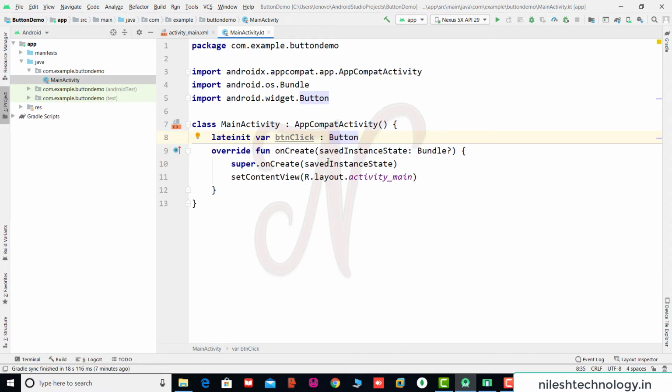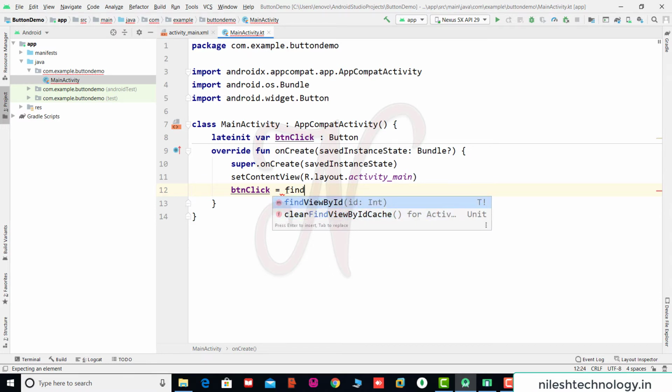This is the onCreate function. Here we call this activity main XML file. Here we map the component. See here btnClick is equal to. There is a function findViewById. By using this function we map this XML component to this Kotlin file or Java file.